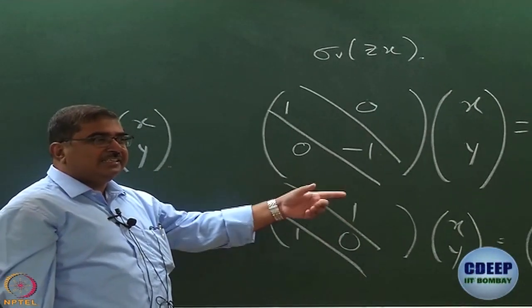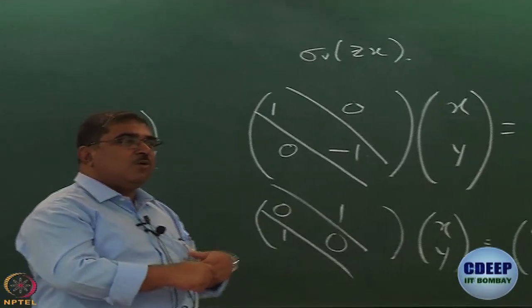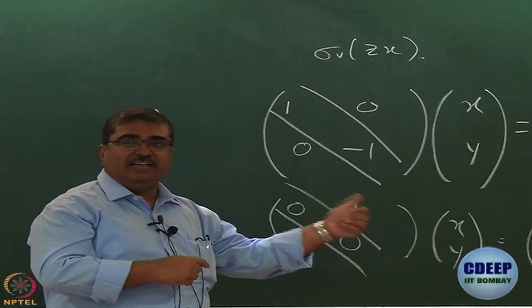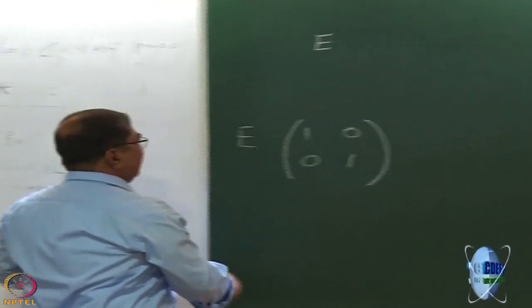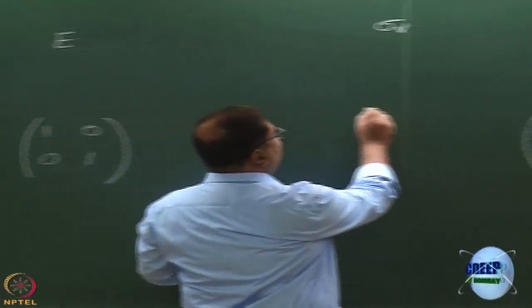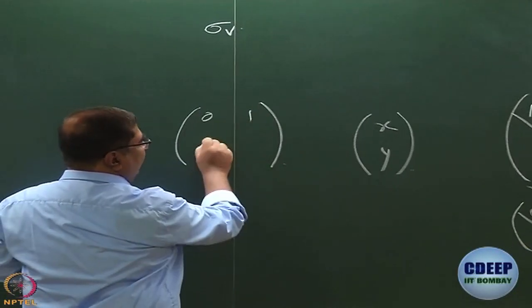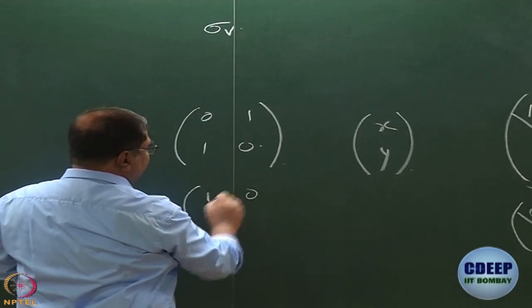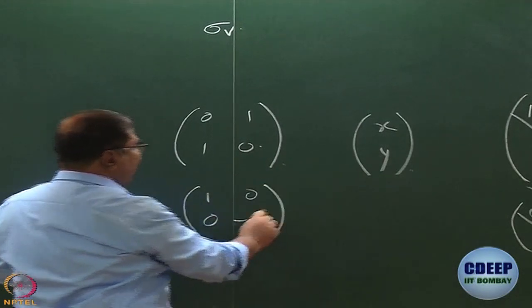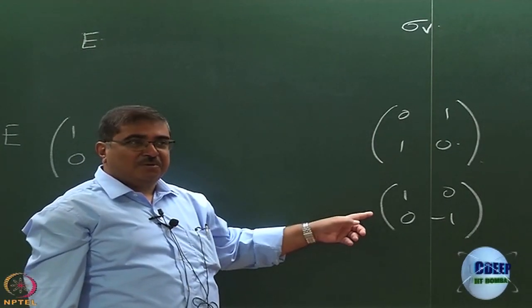So, the moment they get interchanged, the non-zero elements go off diagonal, and that is why the character is 0. We will come back to this in a subsequent discussion later on. So, character here is 0. So, sigma v you can write any of these two matrices, it does not matter, 0 1 1 0, or you could write 1 0 0 1, 1 0 0 minus 1, and this is something that should make us appreciate the character table a little more.